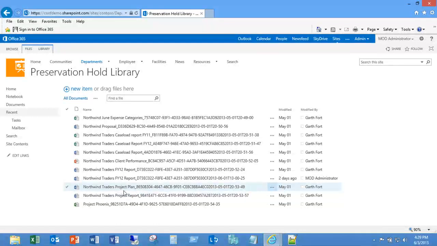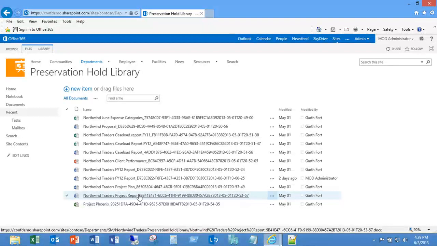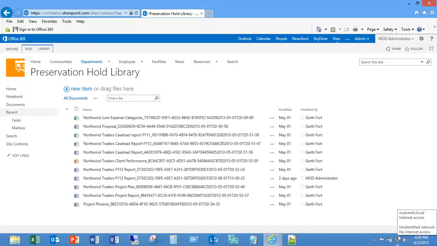So their original copies were saved in here before the user action was performed. So as you notice, everything is transparent to the user. They do not know that these items are on hold, that they're being copied behind the scenes to this preservation area. The other thing I want to show you here is,